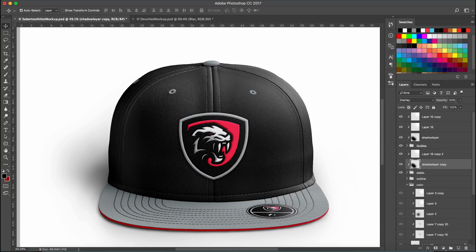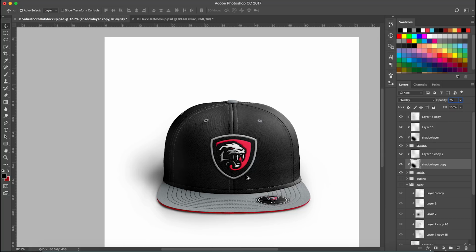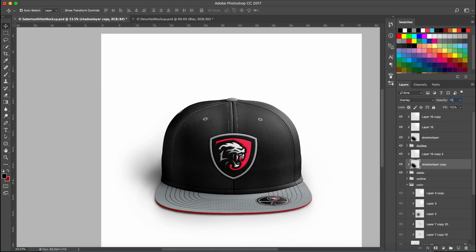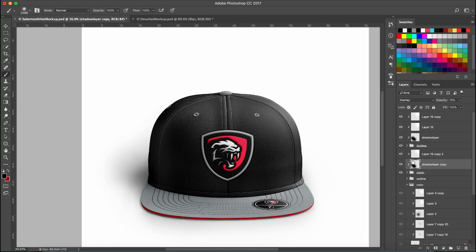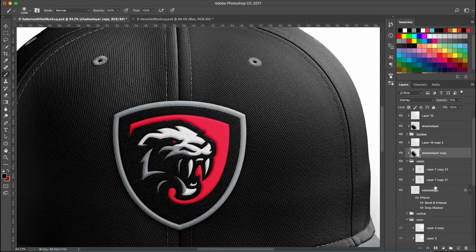For me, I'm going to try 75. And yeah, that looks much better. I actually want to add the brush tool and then bring a quick little burst of black up here. So yeah, now that looks pretty good. And then here's our overlay. So one thing I could actually do is increase